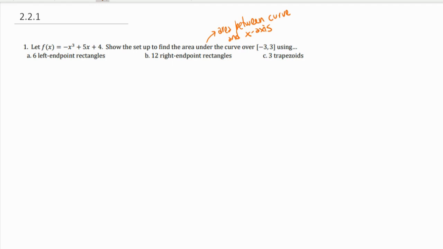I'm sorry, I said that weird. I said the area beneath the curve. What I meant was if the curve is under the x-axis, then the area is negative. So